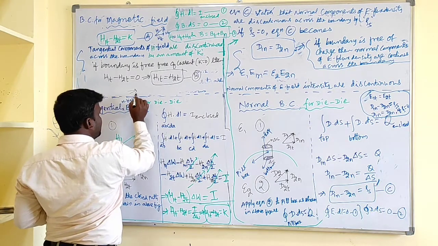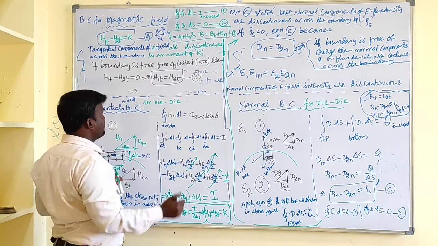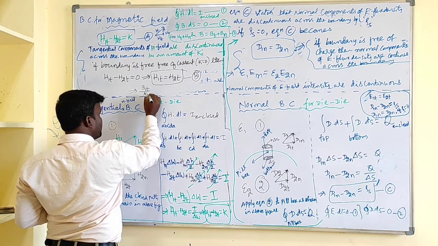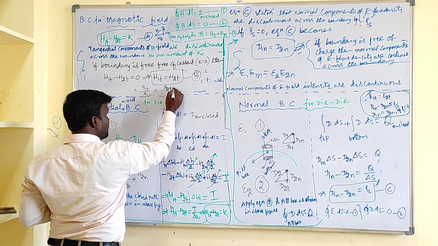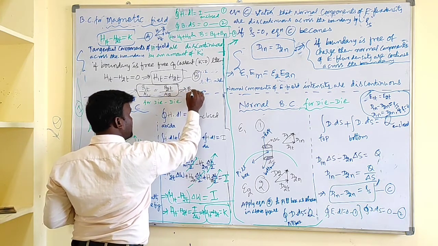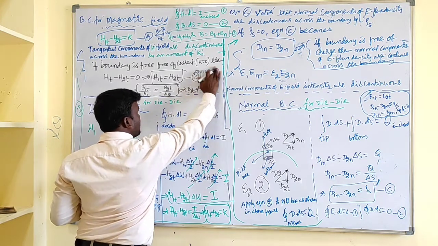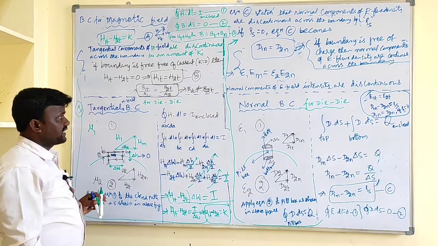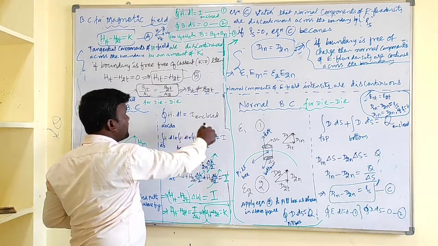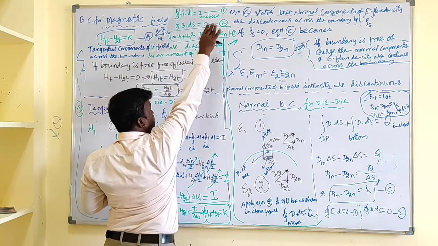From this we can write in terms of B's, that is H can be written as what? In terms of B, B equal to mu into H means H equal to B by mu, so we can write B1t by mu1 is equal to B2t by mu2. So this implies B1t is not equal to B2t. Means tangential components of magnetic flux density are discontinuous across the boundary even if the boundary is free of current. Okay, this part is related to tangential boundary conditions.